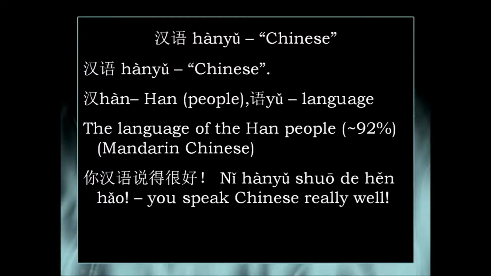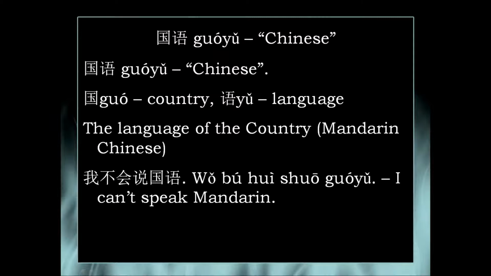So here's an example. 你汉语说得很好. 你汉语说得很好. You speak Chinese really well. The third word is 国语, which obviously also means Chinese. The origin of this is 国 means country, and 语 is the same as in 汉语, short for 语言, meaning language. So together, 国语